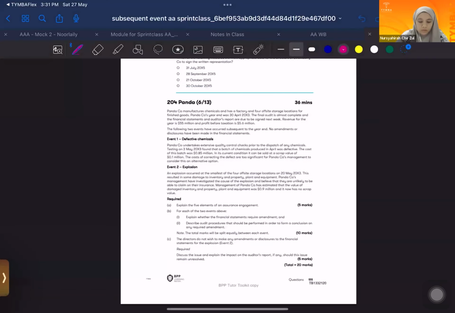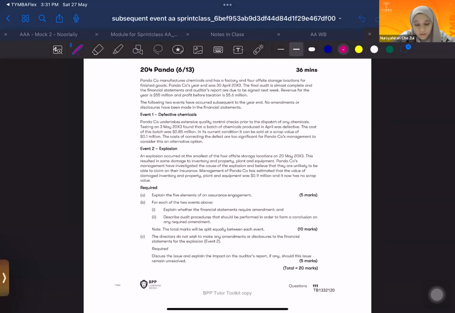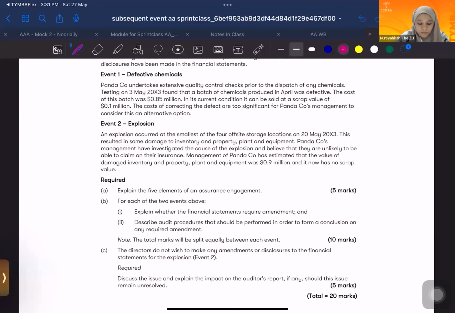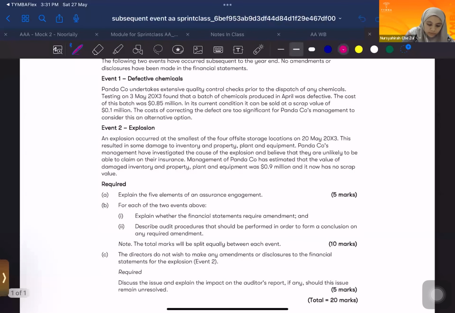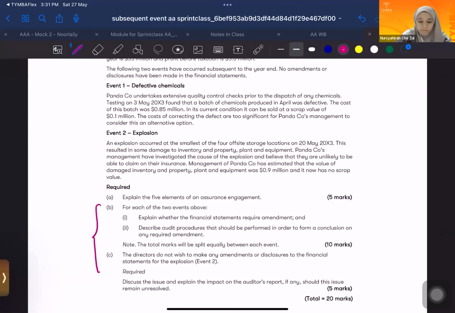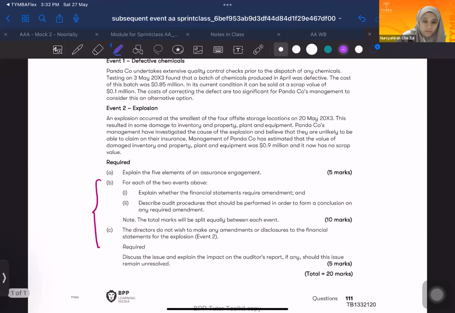Okay, now let's look into this question. This is an old question, but the requirements are still being tested by the examiner. I want you to refer to requirement B and requirement C. Now let's jump into the requirement first. So for each of the two events above, explain